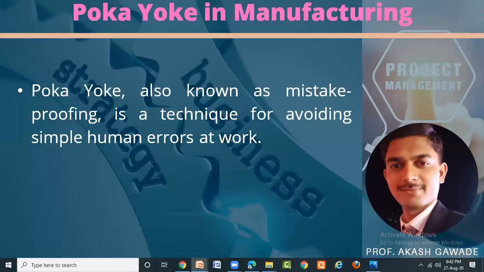That means you must make a particular device to see that there are 4 holes on the particular pipe. If there are only 3 holes, this device will detect it and tell you. If there is a detection, that means this part will not proceed to the next process, and the customer will get 4 holes on the pipe every time.